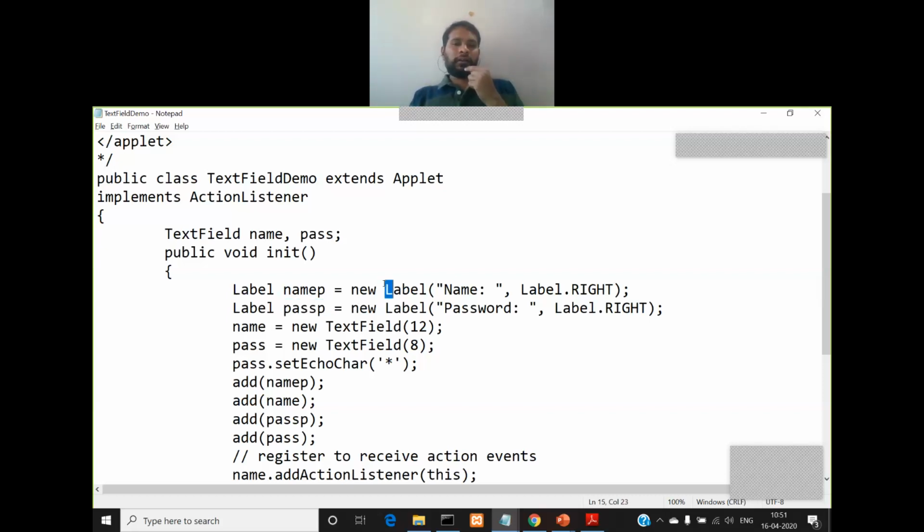So this is the constructor that I'm using for label. If you observe, it has two parameters. The first one is the label text that you want to give. Whatever you give in these double quotes as the first parameter will appear as the label in front of the text field that you want to create. Then the second parameter is the alignment of the label. The label is created with some default size, but within that entire box for which the label is assigned, you may have alignment, whether you can align that label to the left of that box, or to the right, or at the center.